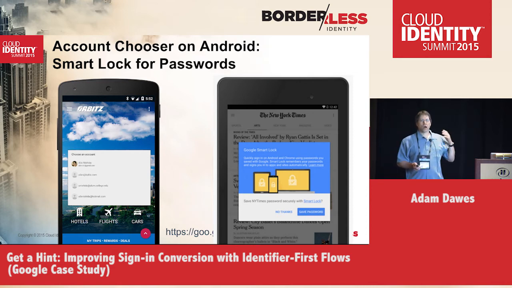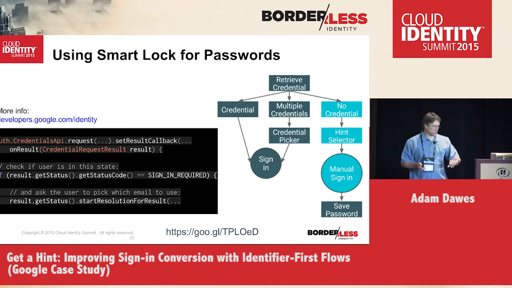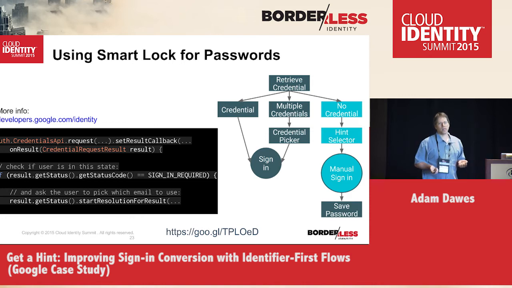All right, so on the Android platform, what should you do if you want to start incorporating identifier first and using an account chooser? So again, we launched this just a couple of weeks ago, and Smart Lock for Passwords is not just an account chooser, it is also a password manager built into the Android platform. So that has the ability to really streamline your login flow as the user tries to access their account from multiple devices. It works across Chrome and Android together. So from an API perspective, it's pretty simple. It's a basic read and write API.